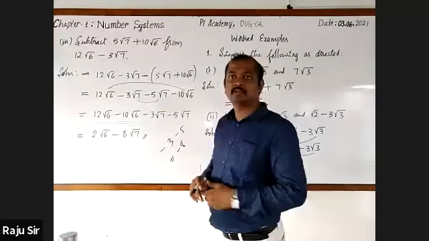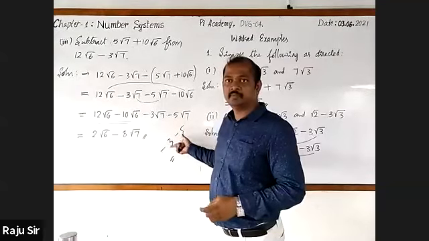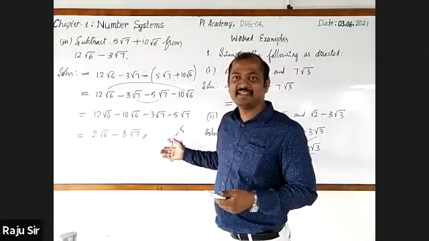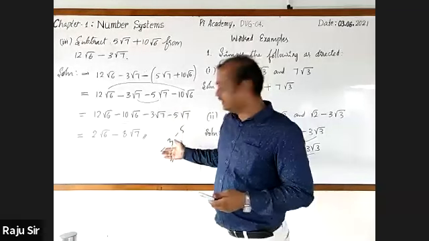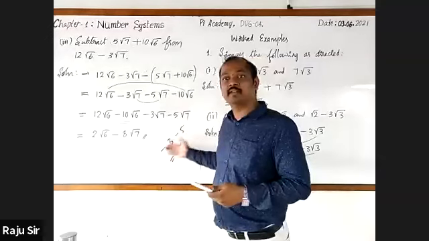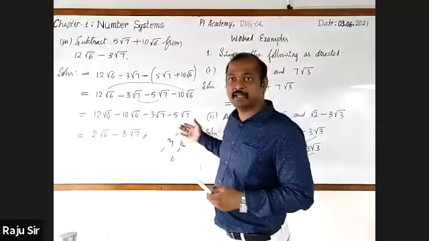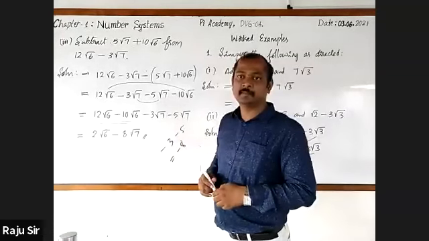Yes, sir. Sir, how does 8 come, sir? Minus 5, how much? Minus 8. Both the signs are the same, so you are adding them. Minus into minus is plus, but are we multiplying here? If you are multiplying minus 3 into minus 5, then minus into minus is plus. Here we are adding them: minus 3, minus 5 is minus 8. Got it?